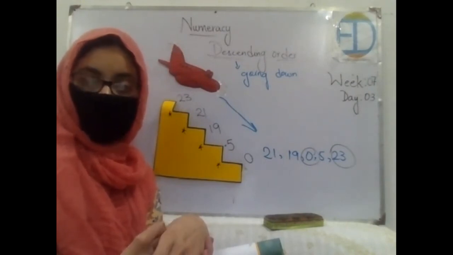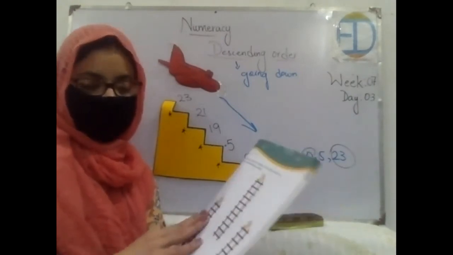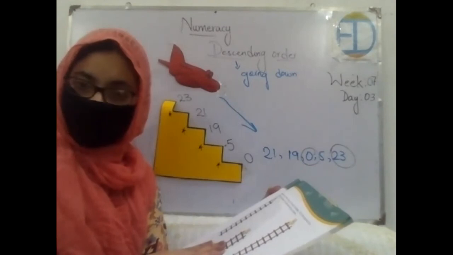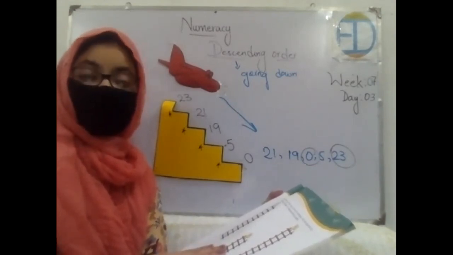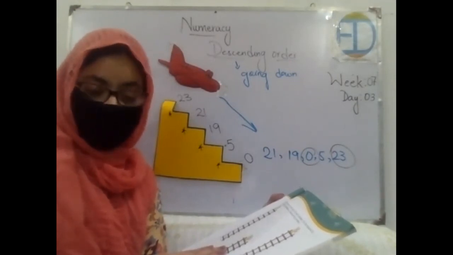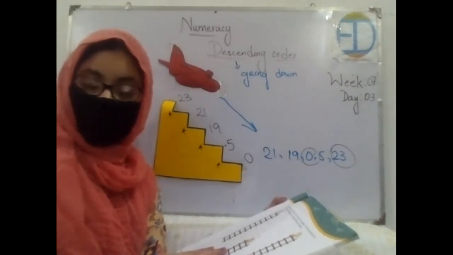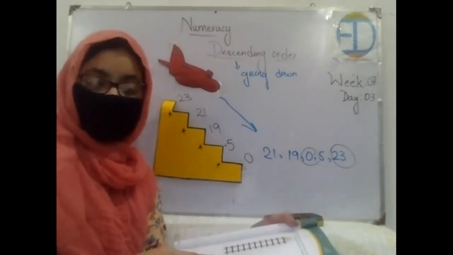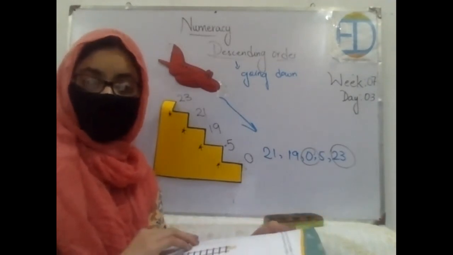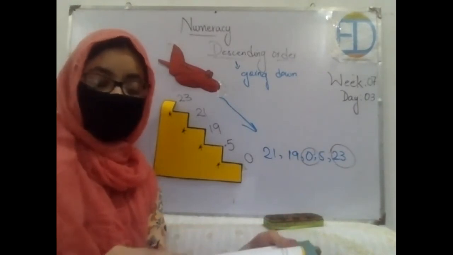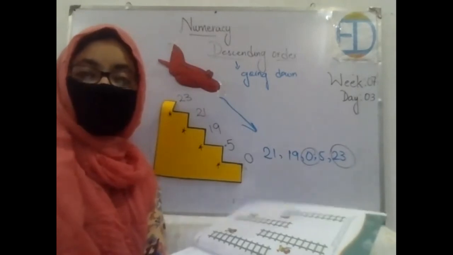Abdullah, are you done? Great. So Abdullah is first. Okay, Abdullah, tell me what are the numbers. 96, 95, 94, good. 93, 92, 91, 90, and 89. Excellent. All of you, you have checked it, you have matched it with Abdullah. Okay, so everybody has written correctly. Very well done. Is there any confusion in descending order?